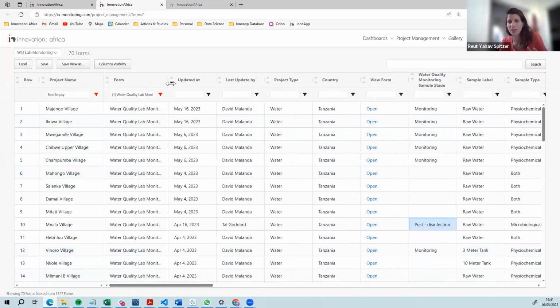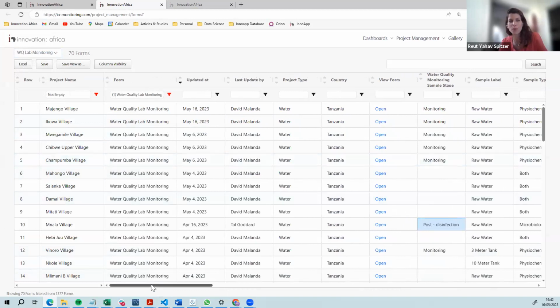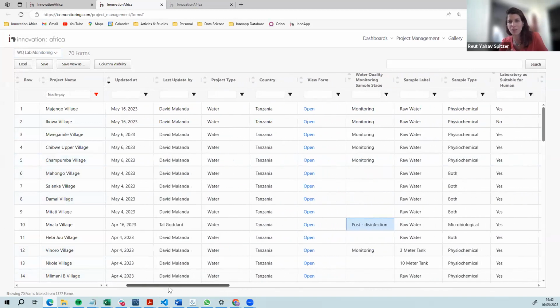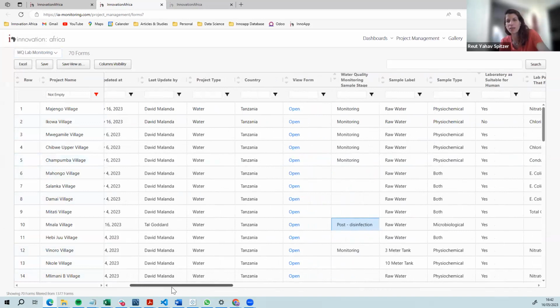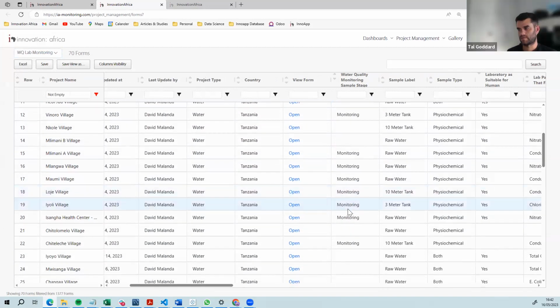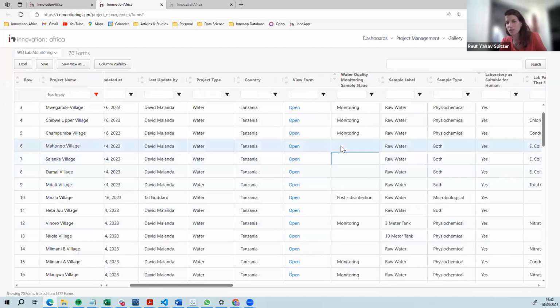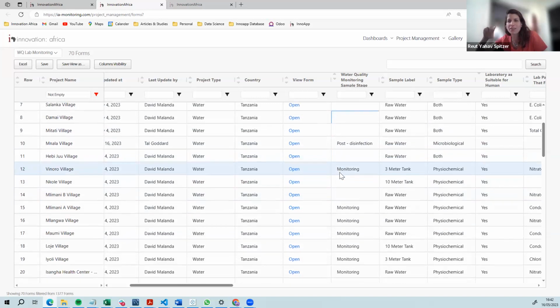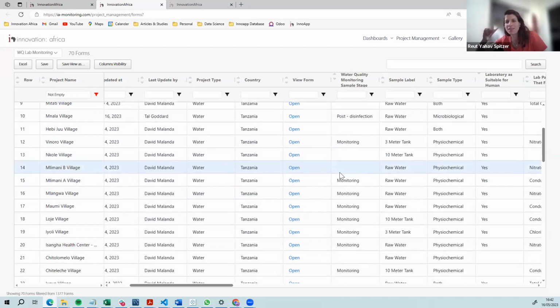So I would just tell you, if you want to see just the in process or just the completed, the way to filter it is from the water quality monitoring sampling stage. Whenever it's empty, it means that it's in process, because when you're doing the monitoring field form or lab form, you have to fill up the stage that it's under monitoring. So this is a way to differentiate. This is a compromise. I know it's a little bit confusing,